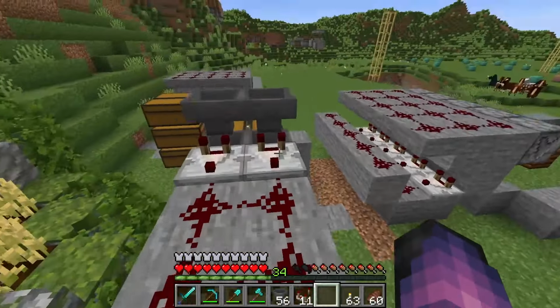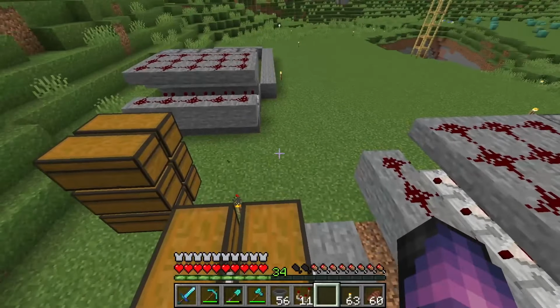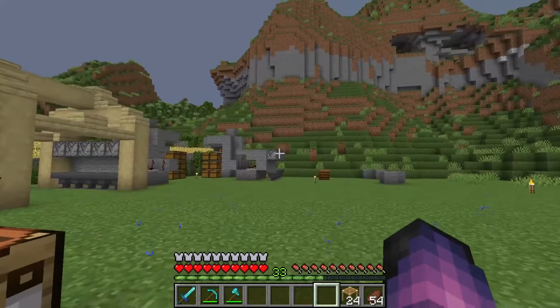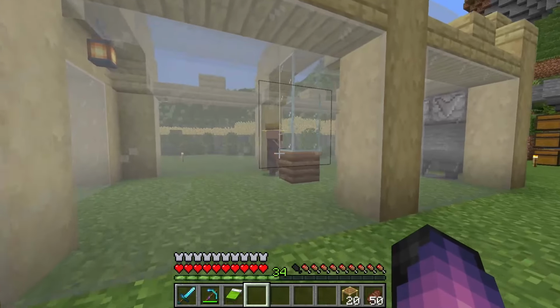But now that all the redstone is in place, we kind of have an outline of where the building needs to go, and that's what I'm going to start working on next. Okay, so I've got the design down that I really like, and now it's just time to mirror it onto that side. So I went ahead and finished up both of the sides,